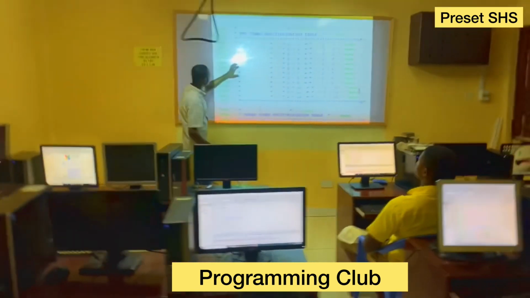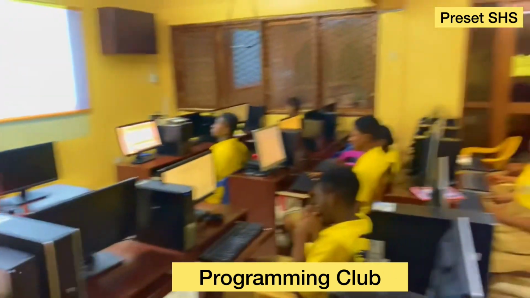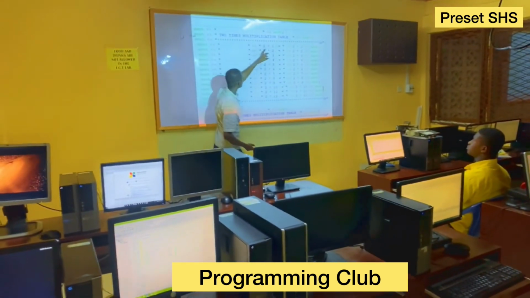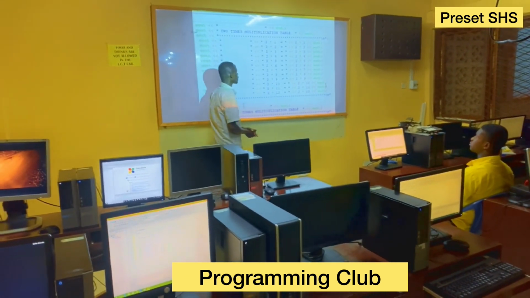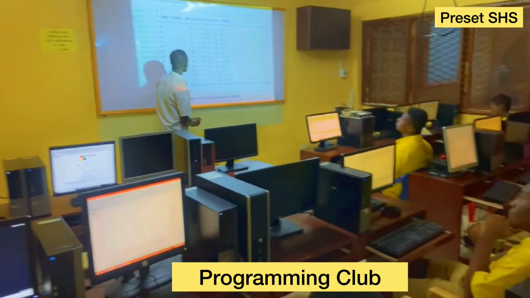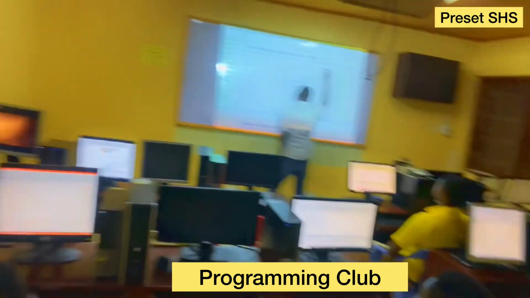Anyway, so this line of code is saying that we want to display 2 times 1. And what is 2 times 1? What is 2 times 1? 2. Good. But this is where the operation is going on.